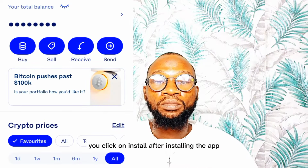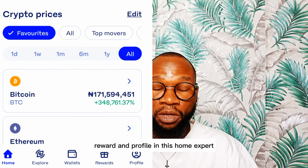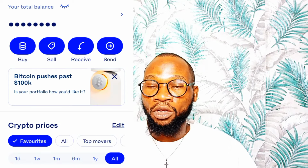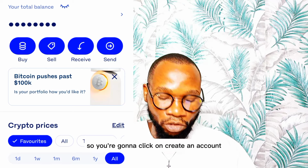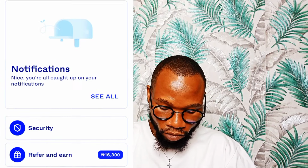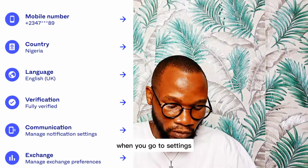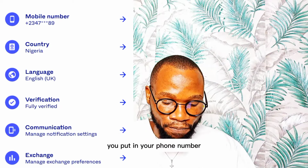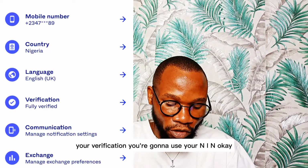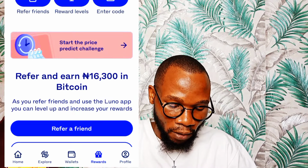After installing the app, you're going to see this interface: home, explore, wallet, reward and profile. In this home section, you're going to see create account or sign up. You don't have an account, so you're going to click on create an account. After creating the account, you come over to this profile and go to settings. When you get to settings, you verify your account: you put in your phone number, your country of residence, and your verification. You're going to use your NIN for your verification. After doing that,